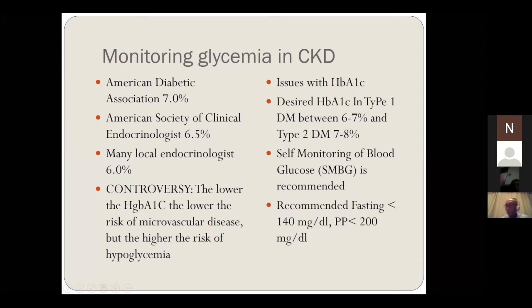So monitoring of the CKD is an important thing, and we need all the guidelines which have said that the ADA said 7% in a CKD is inappropriate. The American Society of Clinical Endocrinology says the best control is 6.5, but the controversy is that a lower HbA1c may reduce microvascular complications, which has not been shown. The issue basically in CKD is that you need to keep it around 0.5% higher. So 7% to 7.5 maybe in the later stages of the CKD, 6.5 to 7 in an early CKD, and